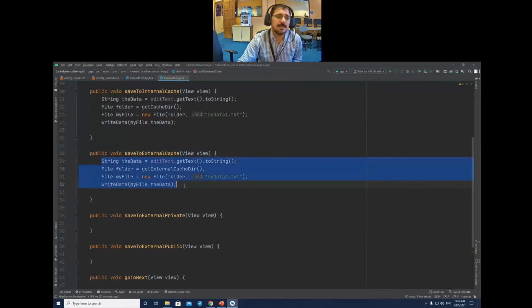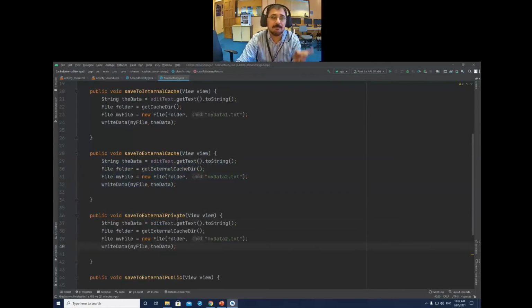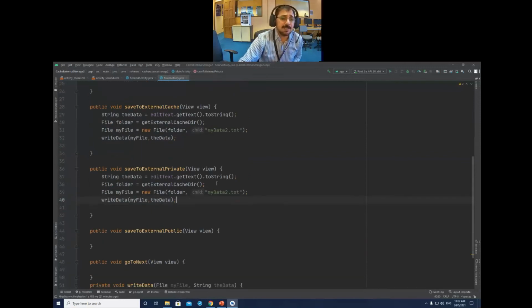The same thing will happen in internal, external, private. But here the external private one is a bit tricky, because if you are accessing the external public and private data, maybe there is a permission issue, or maybe the folder is not available, so to make sure that it does not crash, we should use an if condition.